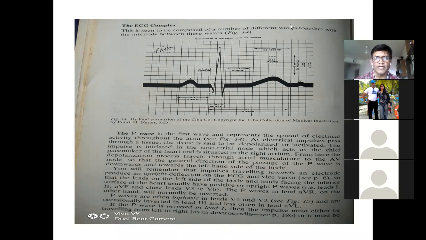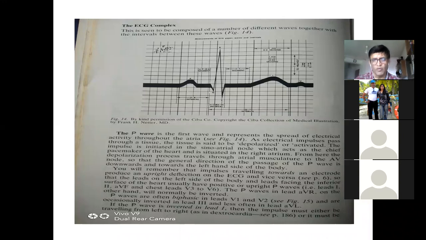So whenever you're reporting an ECG, they will ask you about the P wave. Can anyone tell me how many squares the P wave covers? 1 small square, 2 small squares, and a half. It is 2.5 small squares. So what is the value of the P wave here in seconds? 0.1. What is the normal value?